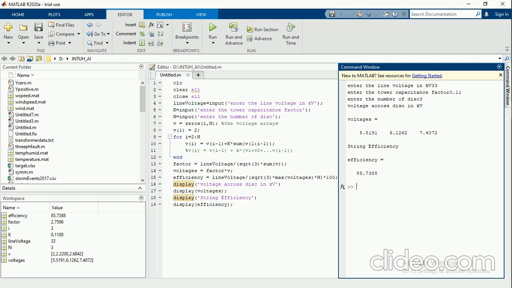So there is no issue which value you assume for V1, 1 or 2, but there is only one restriction. You should assume only V1. You can't assume V2, V3 or V4. You should assume the first value, V1. That is the main criterion. I think you may understand up to this point. Here one more change we can do. I just mentioned what the scopes are for changing the code.